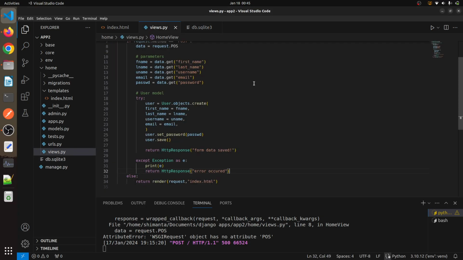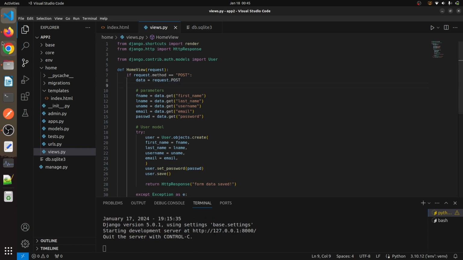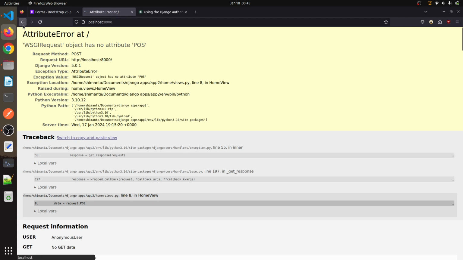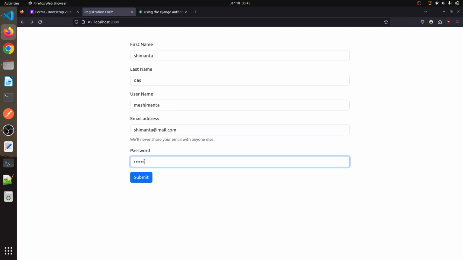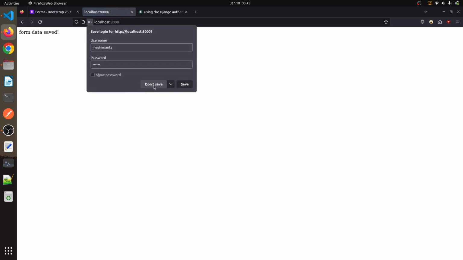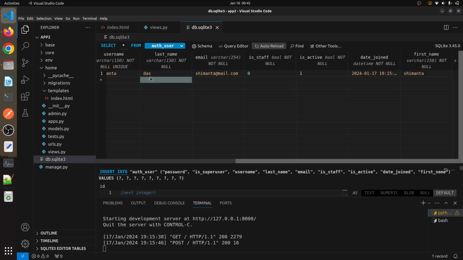What is the error? Let's see. Okay, sorry, there is a mistake. It will be request dot POST, not request dot pause. Okay, let's again make the form. So this will be shi123, and okay, let's submit. So as you can see, it says form data saved, and if I go to the DB SQLite,